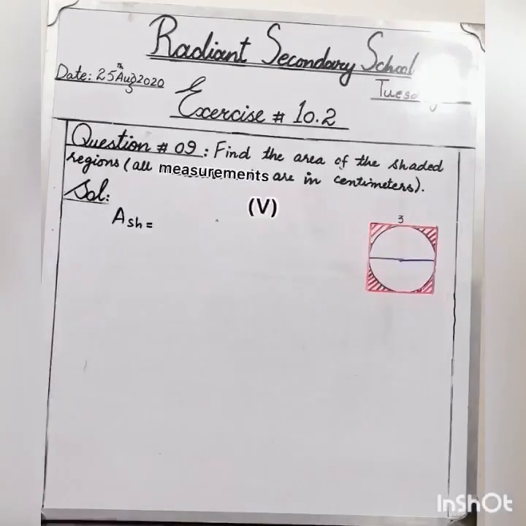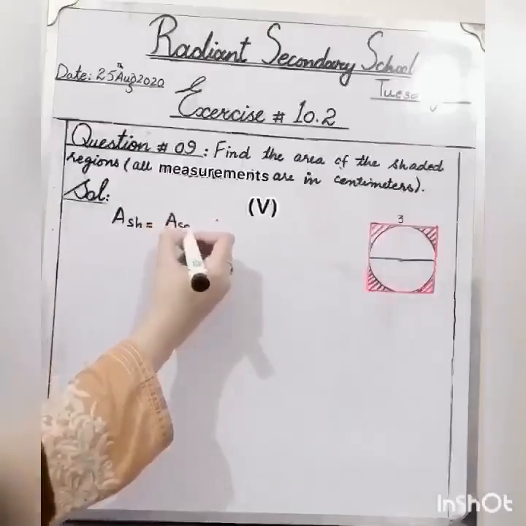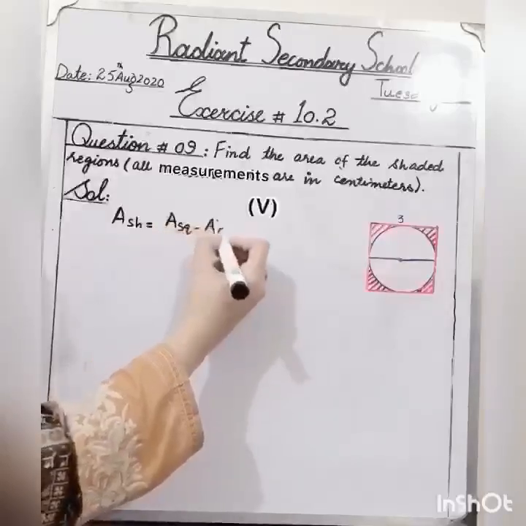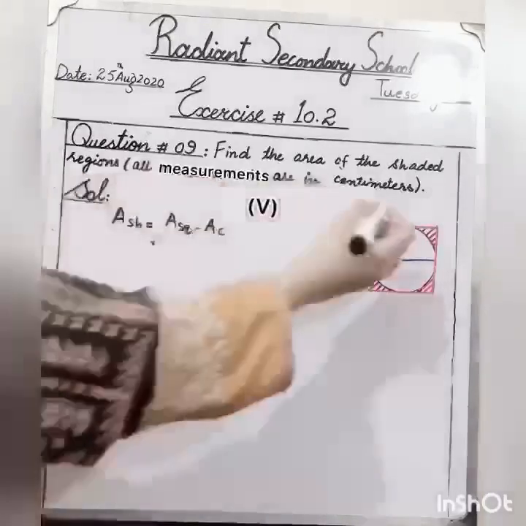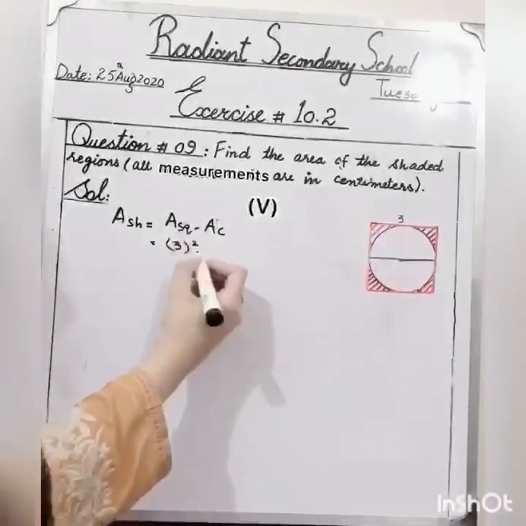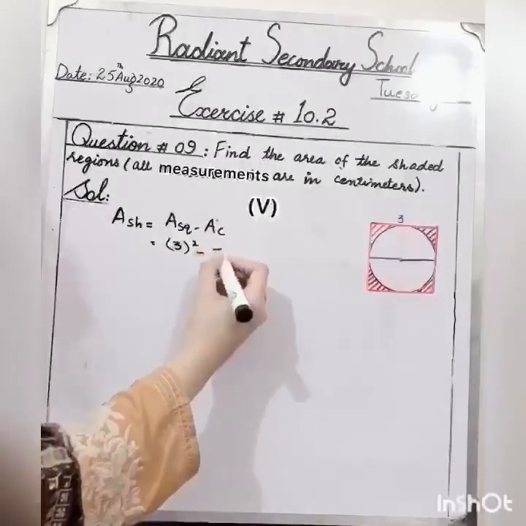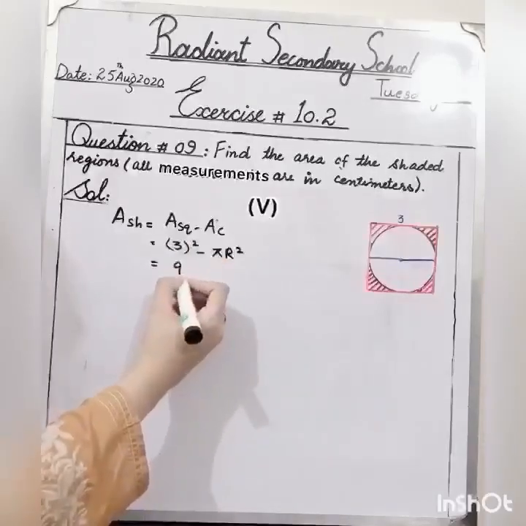Students, again there is a square and inside a square there is a circle. So we will find the area of the shaded region as area of square minus area of circle. Here the one side is given as 3. So to find the area of square, we will take the square of 3, minus area of circle, pi r square. 3 square will be 9 minus